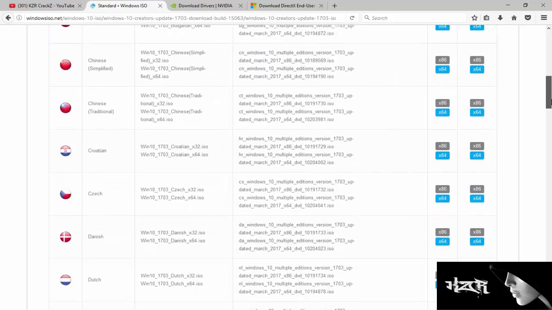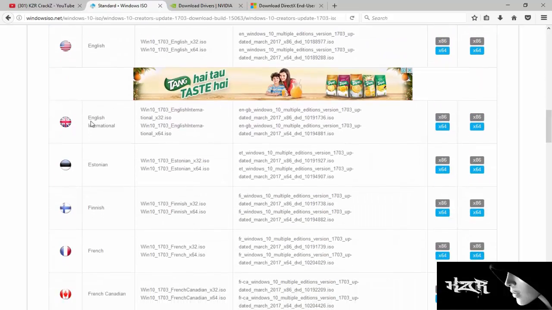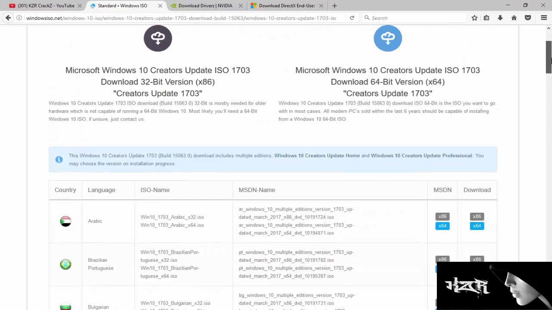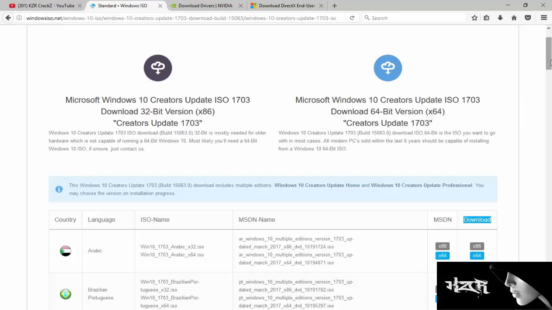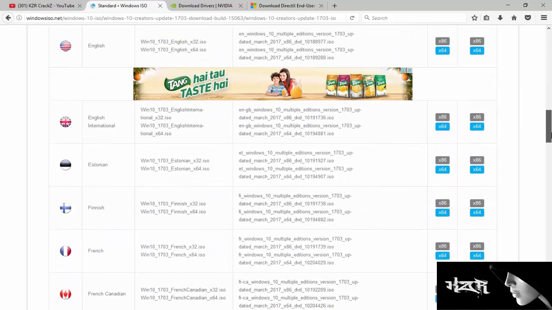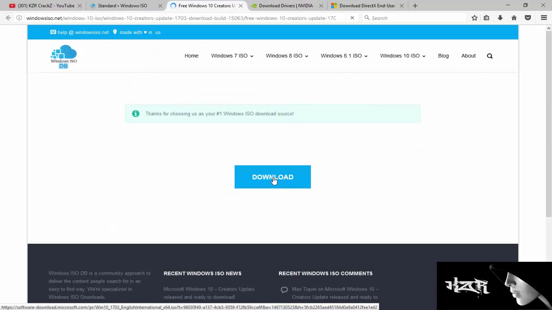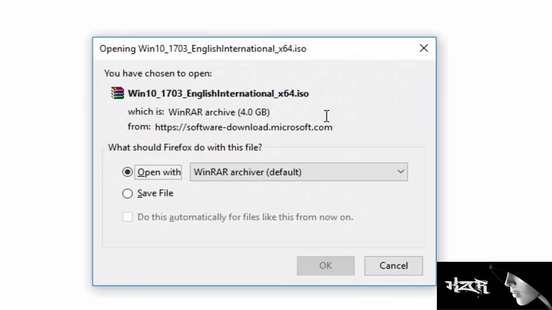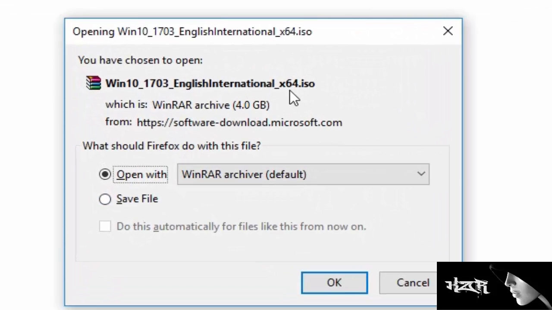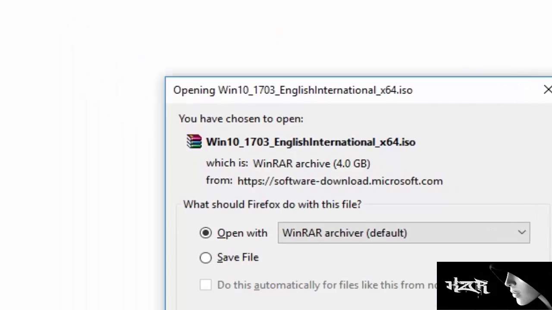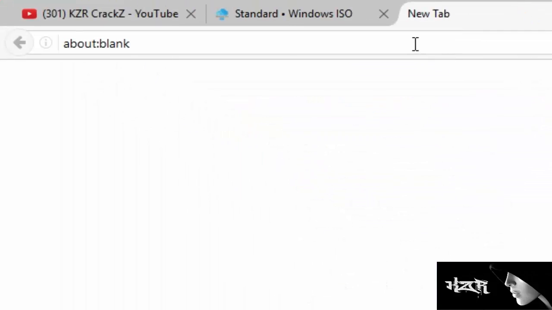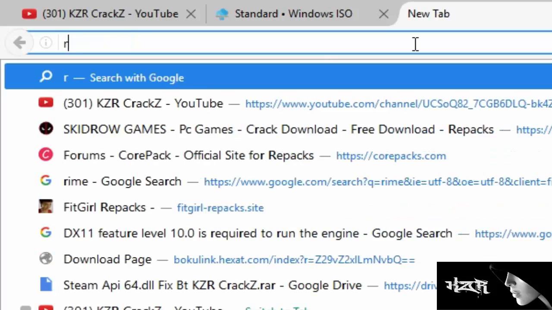Scrolling down, you can see there is an international language, which is English, and in front of it, in the second row, click on 64 or 86, whichever you want to download, then click on download to start your download. As you can see, this is the ISO file, which is 4 GB. Now you can save the file, and when it is saved, go to Rufus